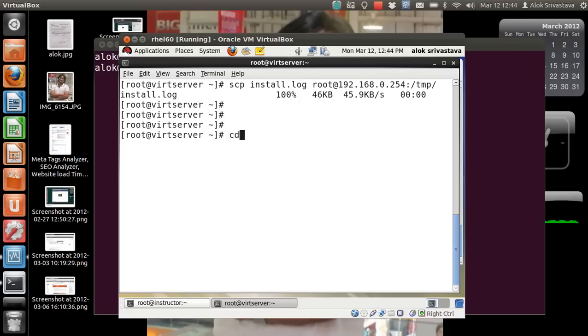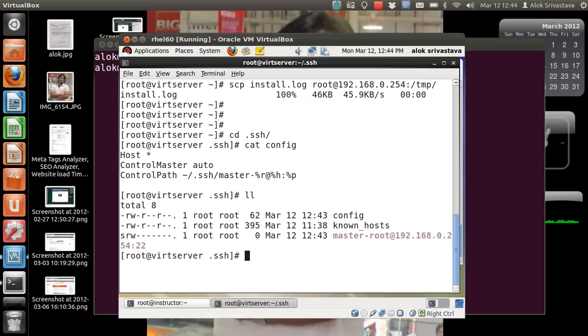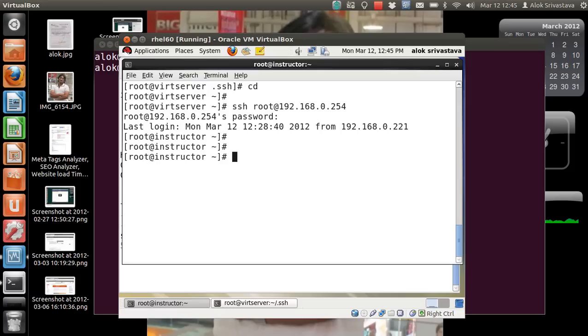If you remember, I had created a file here. I'll show you the file. Whenever I establish a connection, because of the configuration in my file, under my home directory it creates a control path. This path is automatically created, and the first SSH session will be my master connection.